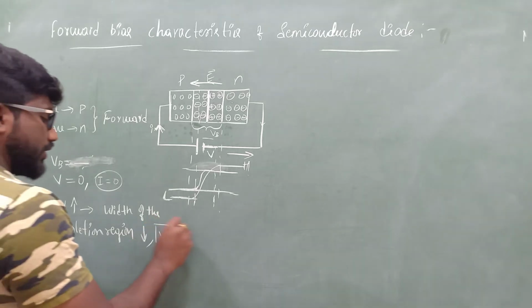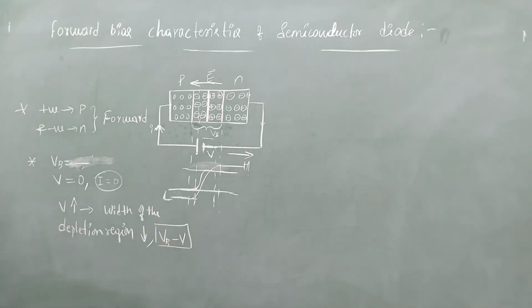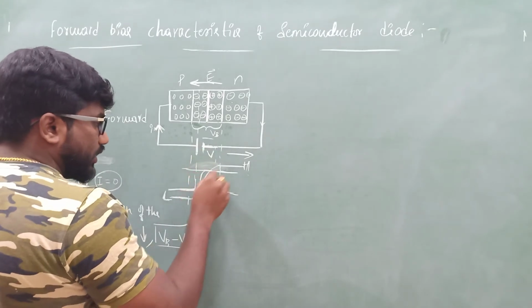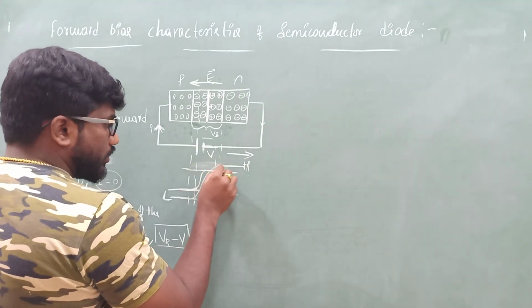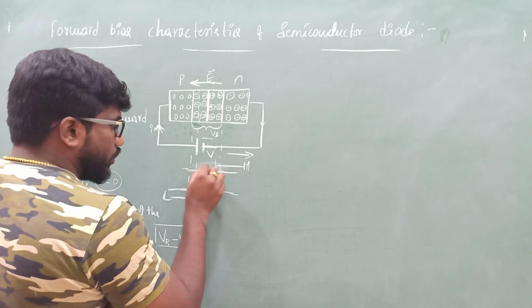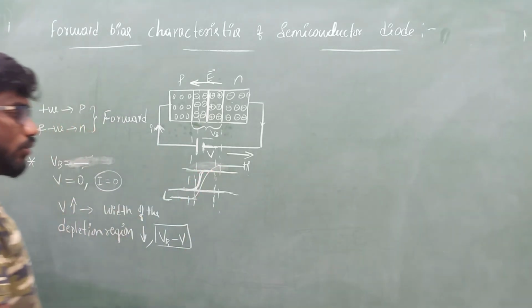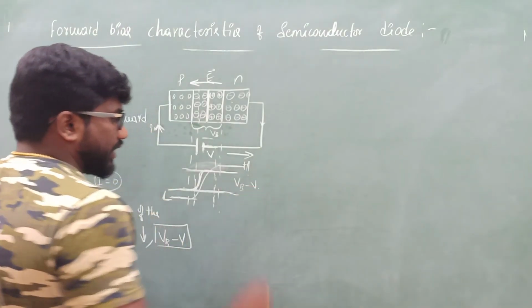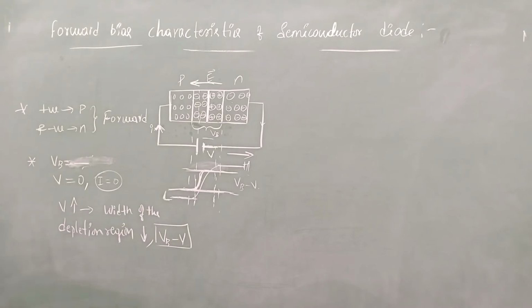So the resultant potential enagutte, you will get the value VB minus V. So this will be the condition. ನಾನು ಇಲ್ಲಿ ತೋರಿಸಿದ್ದೀನಿ ನೋಡಿ. So as the width of the depletion region ಕಡಿಮೆ ಆಗ್ತಾ ಹೋದಂಗೆ barrier potential ಏನಾಗುತ್ತೆ, that means voltage goes on decreasing, resultant voltage that is also goes on decreasing. So this I can read as VB minus V. So this is nothing but the forward bias characteristics of forward bias given by the